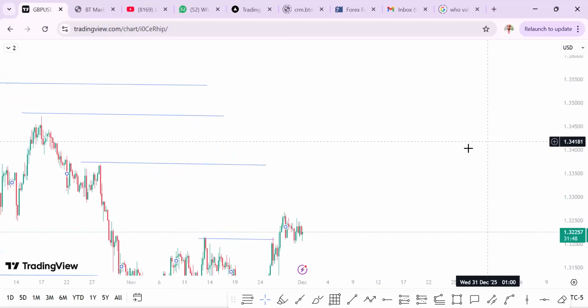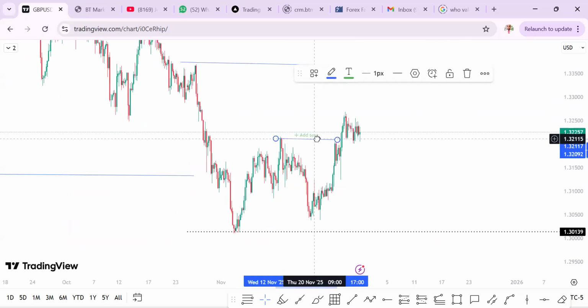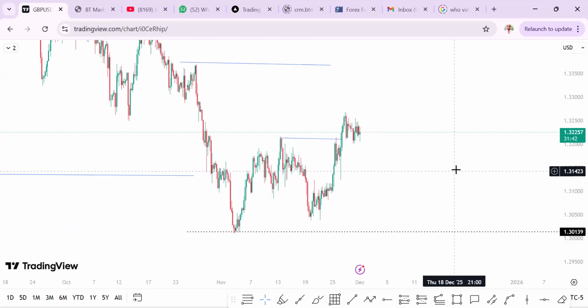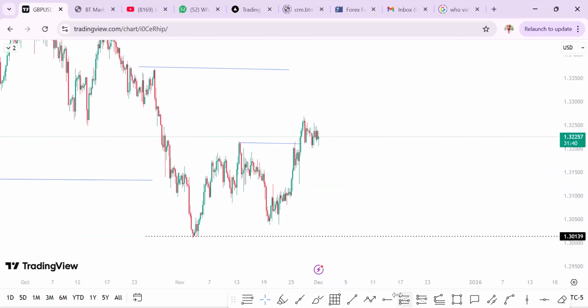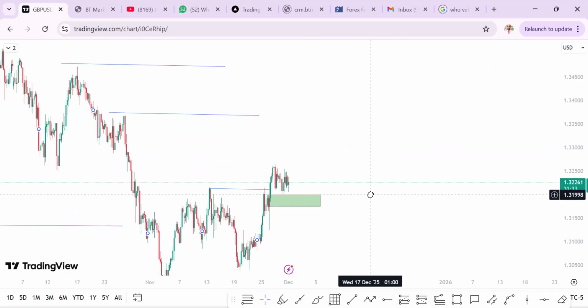So with that, since we are on 4 hours now, 4 hours is bullish, right? Now, this was our last demand zone. So that demand zone, from that is the last month. So we can now look for opportunity to